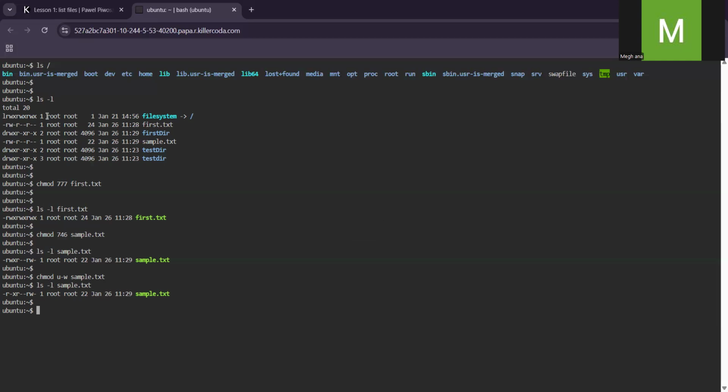And another thing about ls -l is the numbers that you see here. These are the link counts. So link counts means how many directories and subdirectories it is part of. Like for example, if you take the test directory, it was already there in this terminal, already created. Test directory itself is a directory, and it would be part